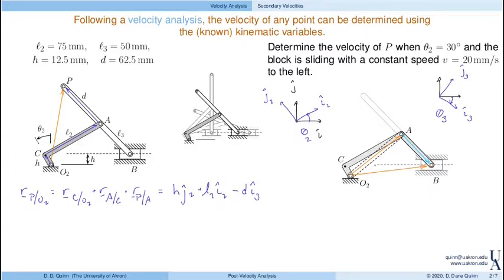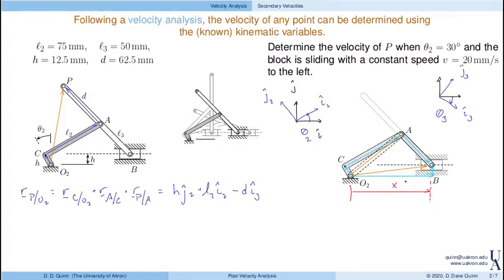Now, these orange vectors are not the most natural way of describing these terms. In particular, to go from O2 to A, I'll again go through this point C, because we were given this distance is H and this distance is L2. Likewise, because we know the slider moves in the I direction, we'll go over by some distance in the I direction and then up a distance H in the J direction. So as part of that, we need to know the displacement